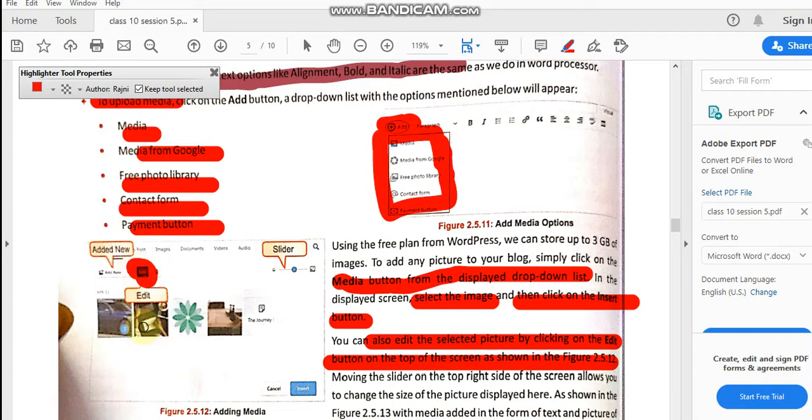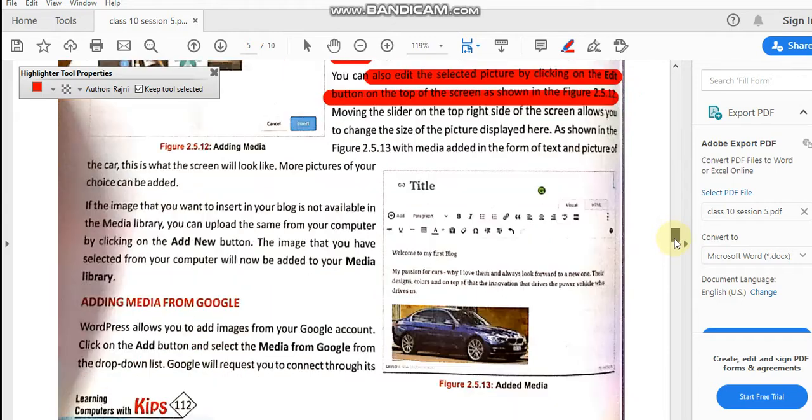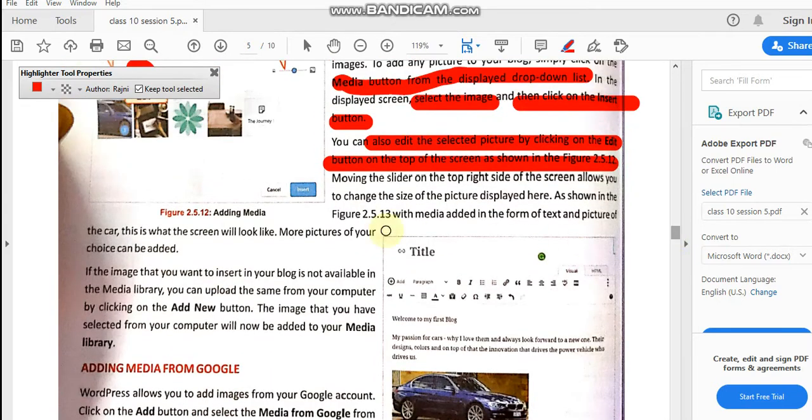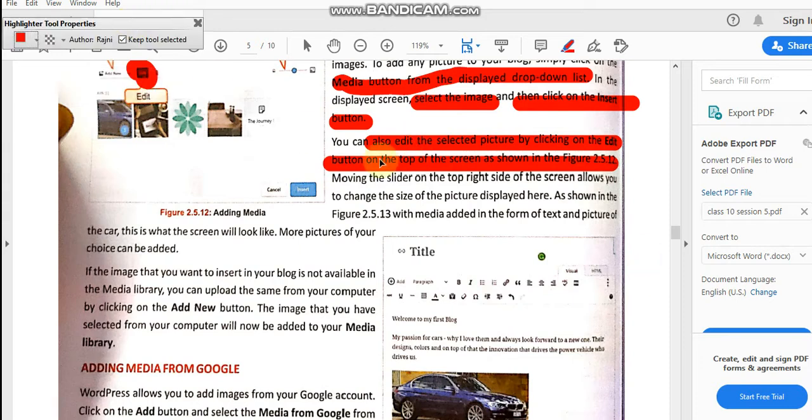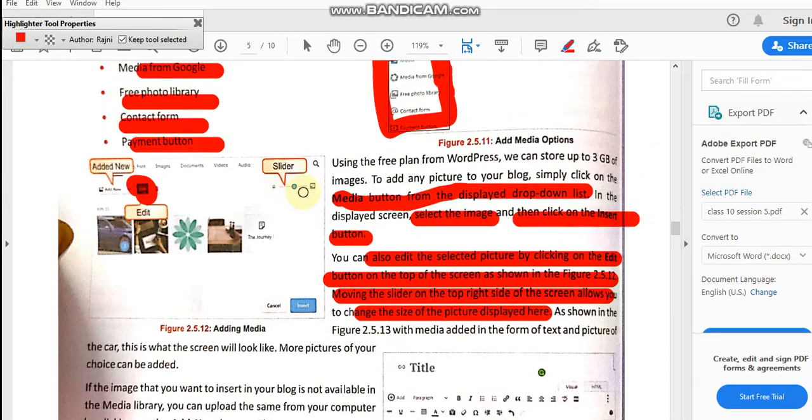Once you have selected the picture, you can edit. That means you can crop, enhance, or apply any other features you want. Next, moving the slider on the top right of the screen allows you to change the size of the picture displayed here. This slider is to resize the image.